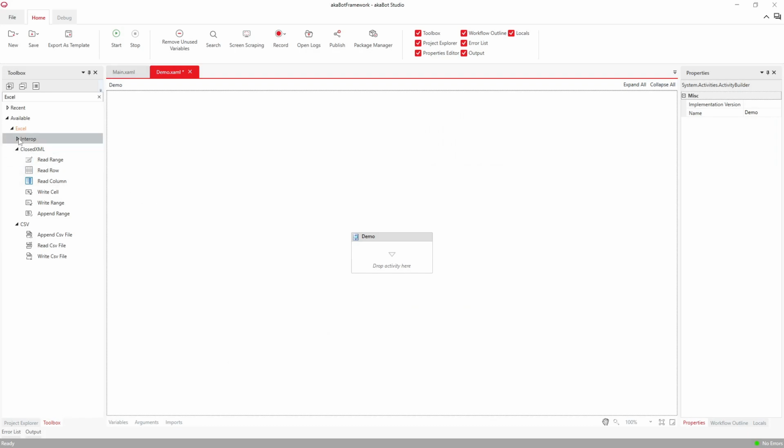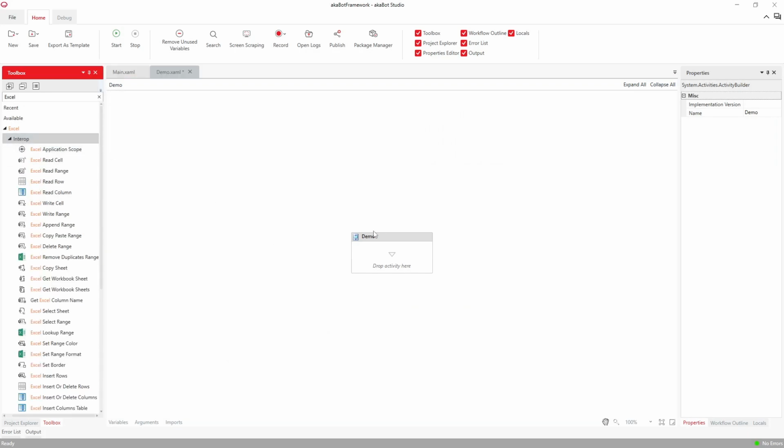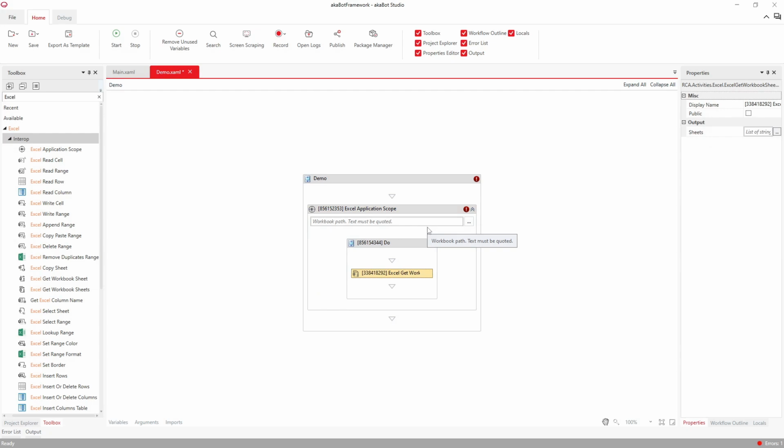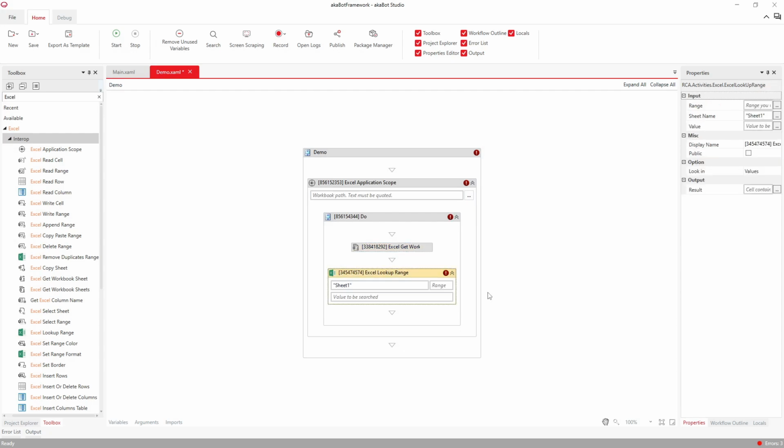Excel Interop, on the other hand, requires a licensed version of Microsoft Excel installed on the akaBot machine. And every activity must be inside an Excel application scope activity. It has every activity that Closed XML has, and many other advanced activities, such as get workbook sheets, get a list of every sheet in the current Excel file, lookup range, look up a value in an Excel sheet and return the cell